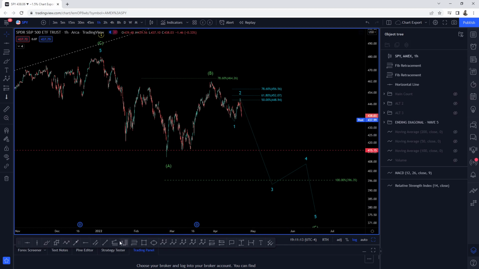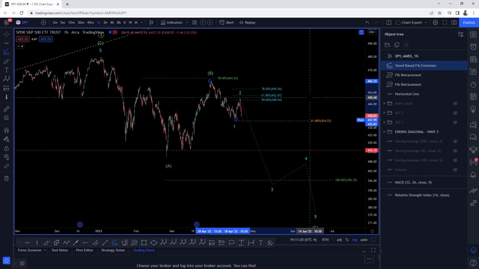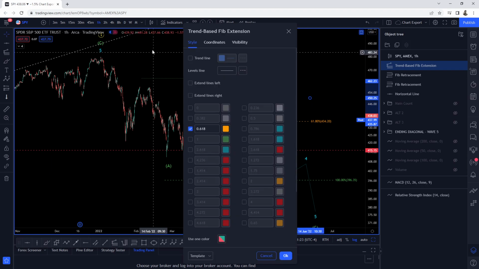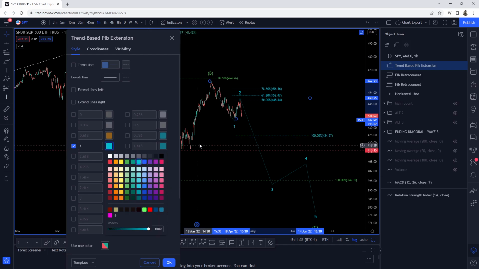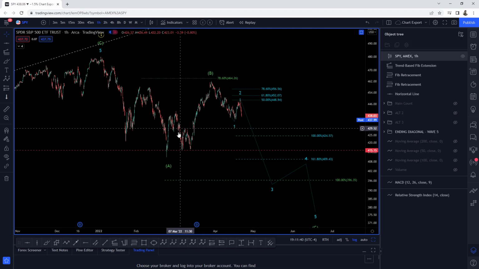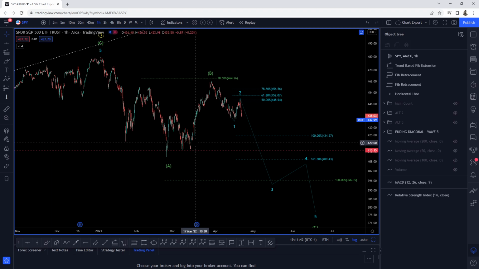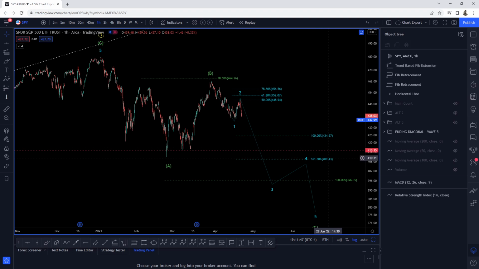Where's the third wave going to potentially end if this was the wave 2? So easy. We take a retracement from the high of wave 1 to the low of wave 1 to the high of wave 2, guys. My apologies. Long day. So at the very least, we're going to get the zone. At the very least, we'll get equality at 424, which is still relatively above our invalidation level on the bullish count, but it will be somewhere at the 424, 409 region.